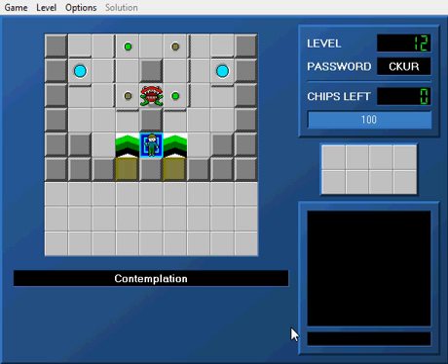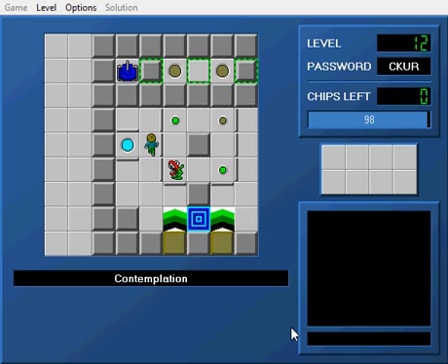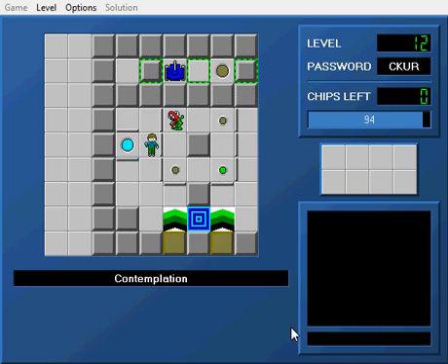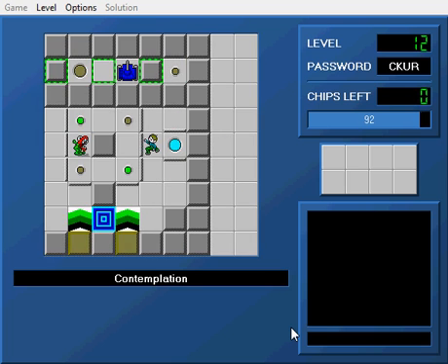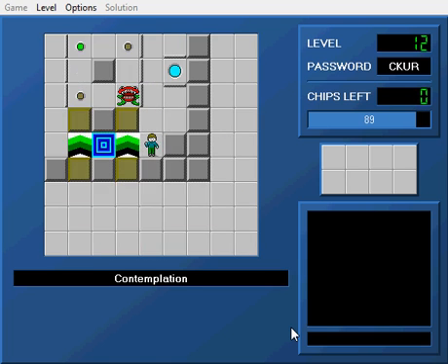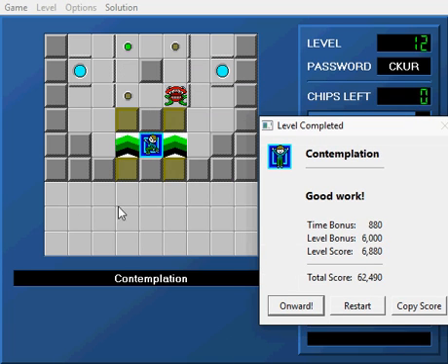Alright, I was going to stop here, but this is a very short level. Contemplation. Oh. That's okay. That's kind of cool. Yeah, this level's like that. I mean,